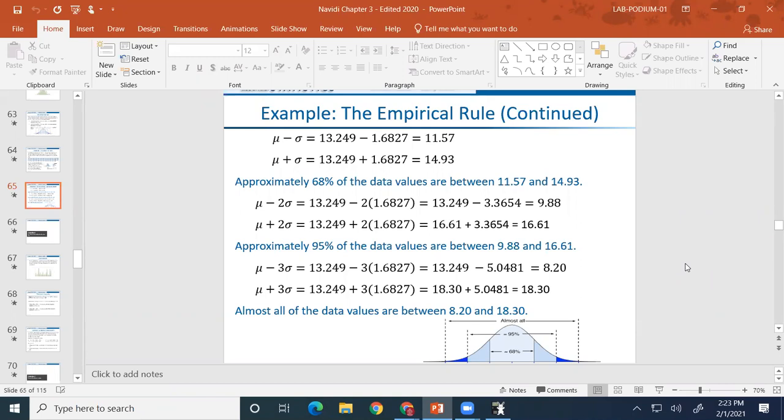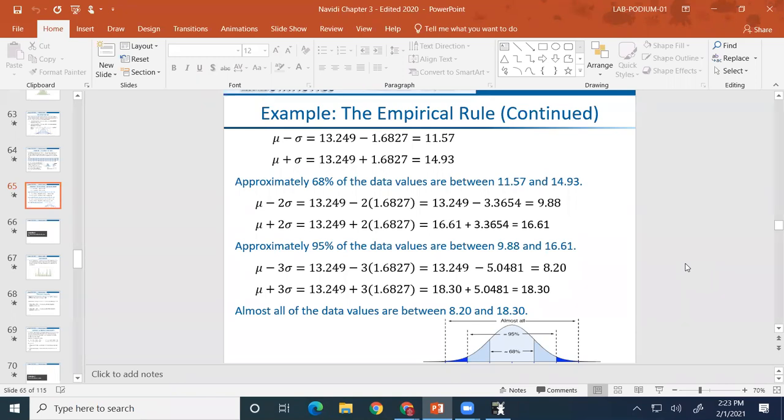All right. So, to get 95%, you do two standard deviations. Just multiply that standard deviation by 2. It's 3.3654, two standard deviations. Subtract it, it gets you down to about 9.88 on this side. And then adding it,